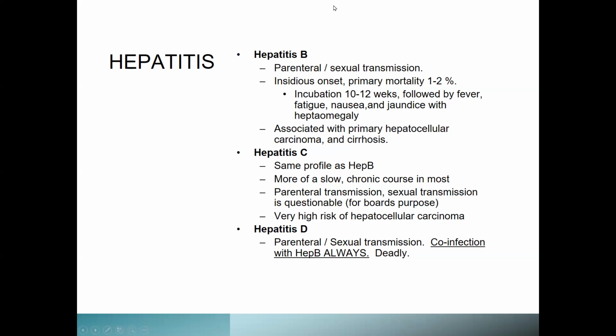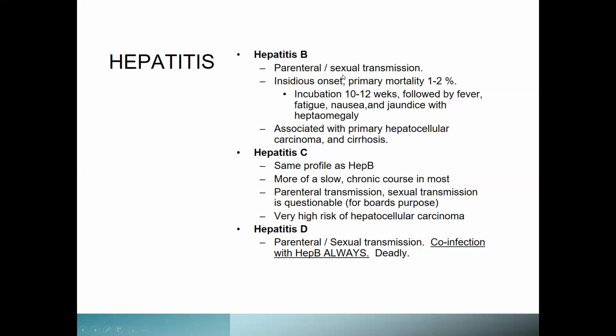Kicker here is which ones are most common where? Hep B, more common globally; hep C, more common in the US. So if they ask you, we have that test question, right? What's the most common chronic hepatitis in the United States? Hepatitis C would be your best answer. If it was global, hepatitis B would be your best answer. Part of that, we have vaccination for hep B, and most people in the United States are getting vaccinated